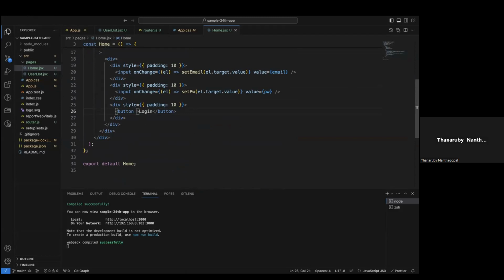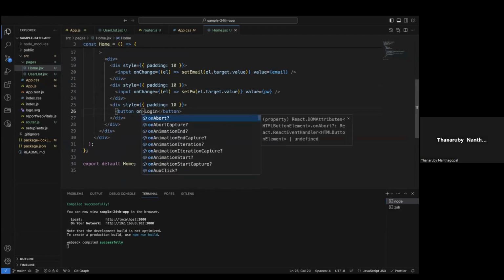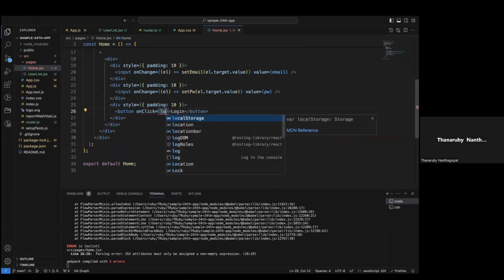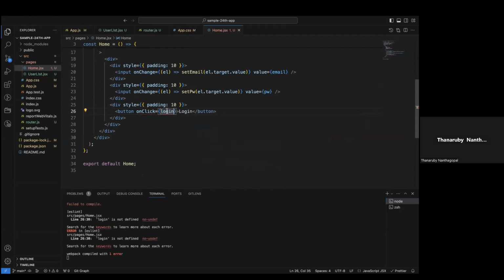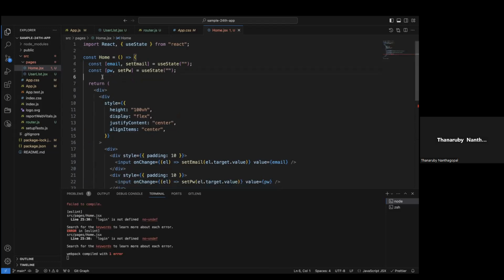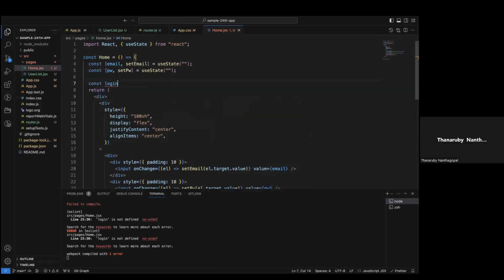For that, let me write a function. Here I'll write onClick, let me name it login, and I'm going to declare the login function. I'll remove this console, I don't need it. I'll declare the login function equals to,